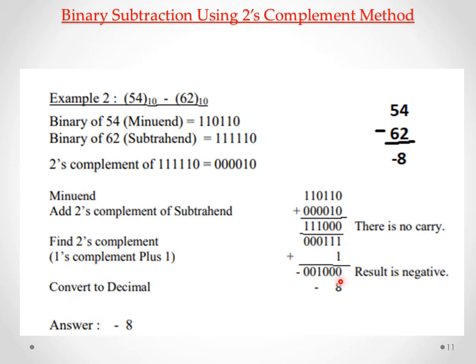So 1 plus 1 is 0, sum is 0 and the carry is added with the next higher order bit. So 1 plus 1, again sum is 0 and carry is added with the next higher order bit. So 1 plus 1 again 0 and the carry is written in the next higher order bit. So now we are getting 1 0 0 0. This is equivalent to decimal 8. We need to represent it as minus 8 when there is no carry present.